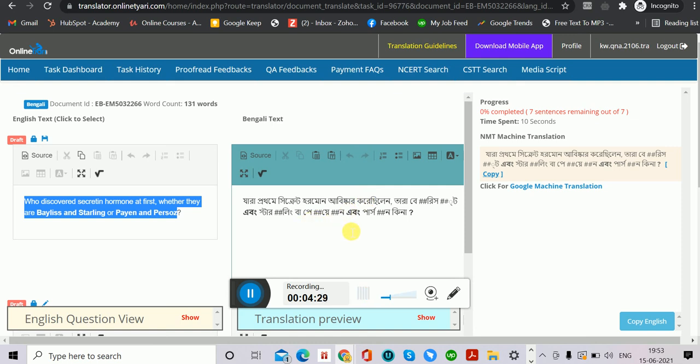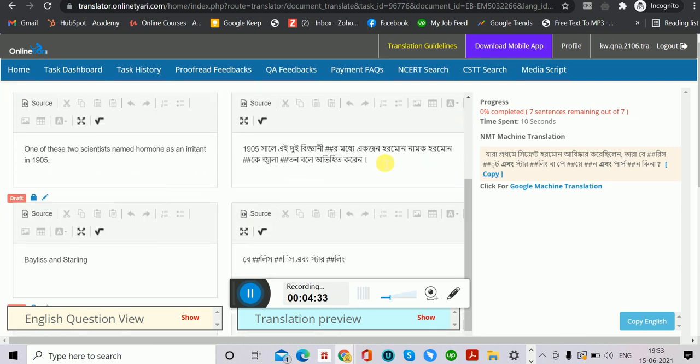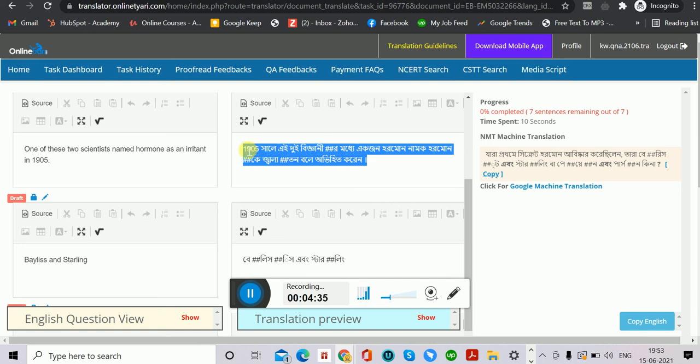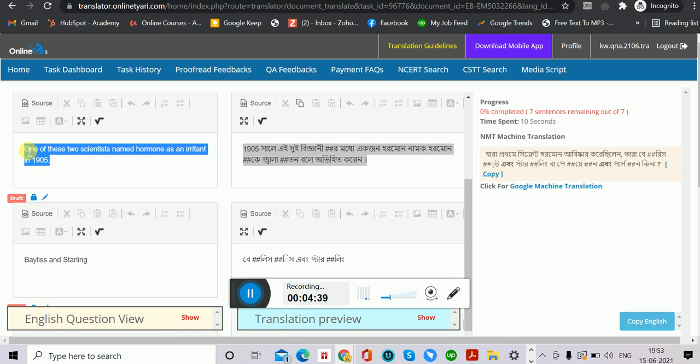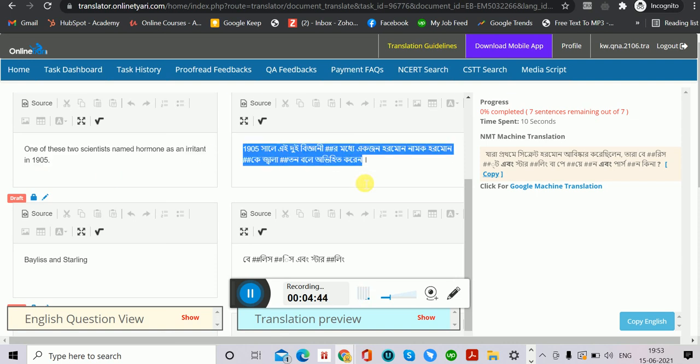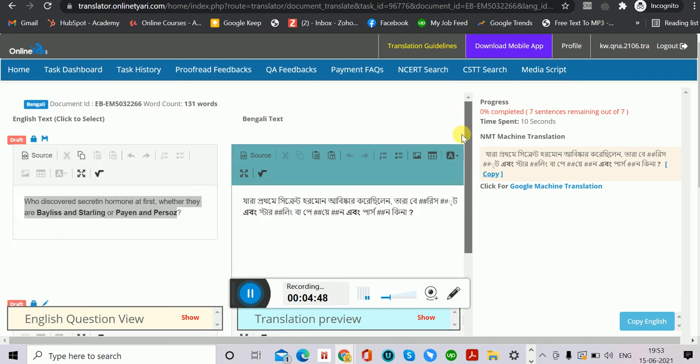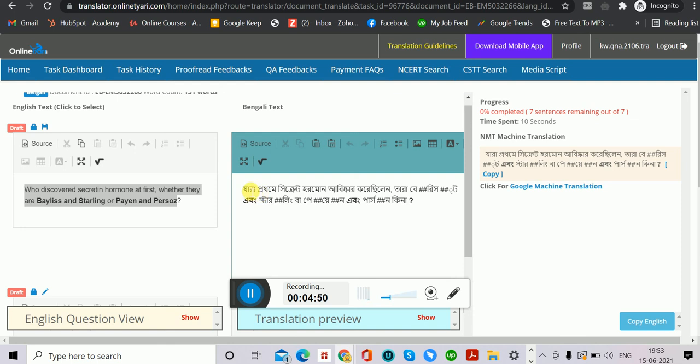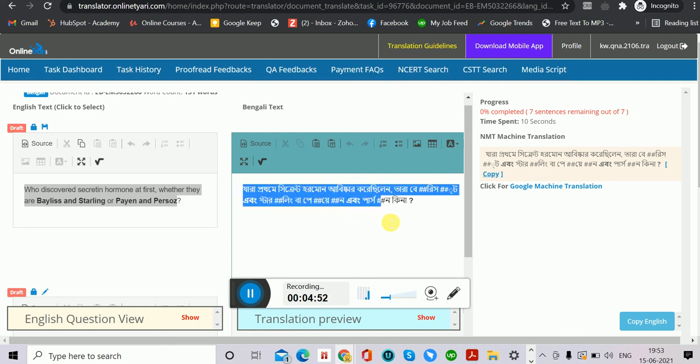If you get some of the translation already, what you have to do is check and proofread. If you find a word is wrong in this translation column, you have to edit or correct it.